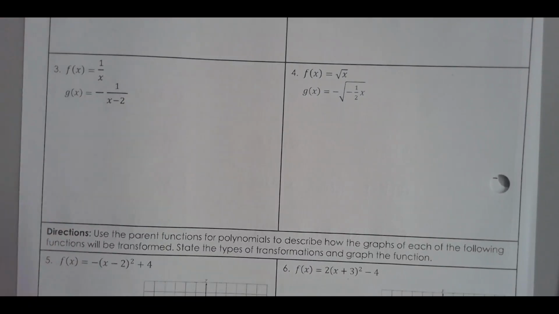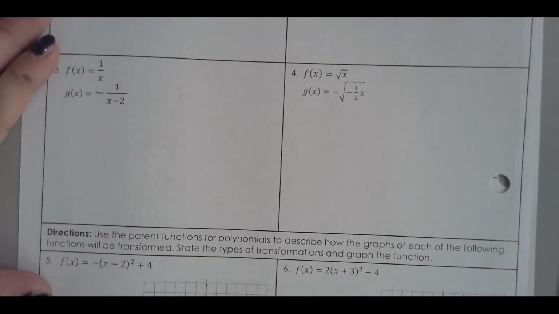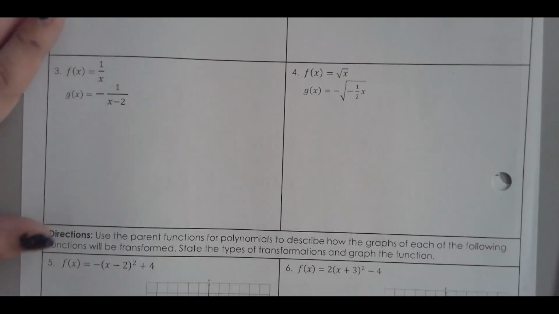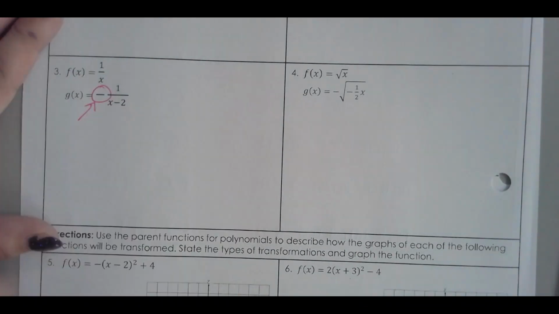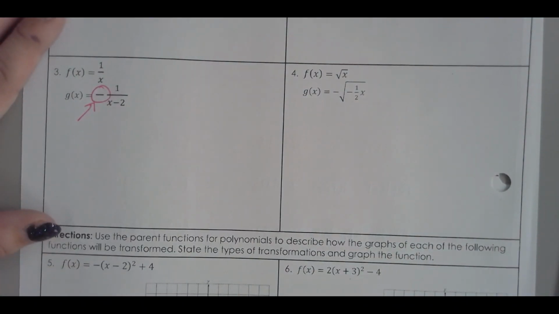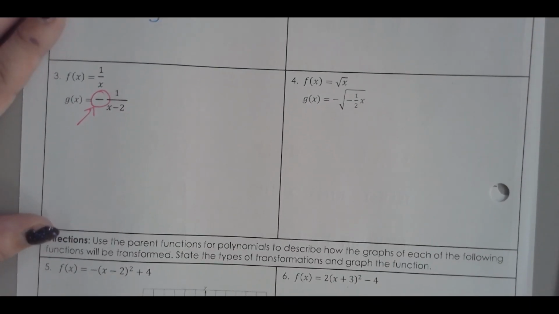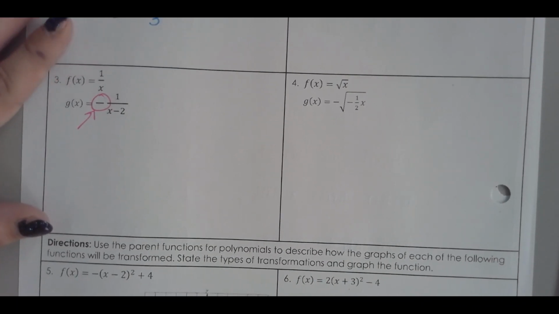Let's do another one. Number 3, we're starting with 1 over x, and then I have negative 1 over x minus 2. What changes do you see that are being made? There's a negative. That negative, again, is technically on the outside because it's not right with the x. Okay? So a negative outside would be